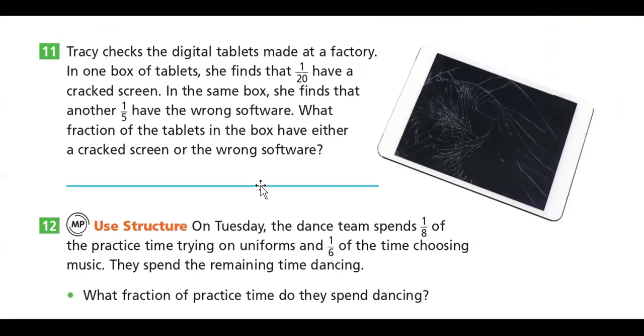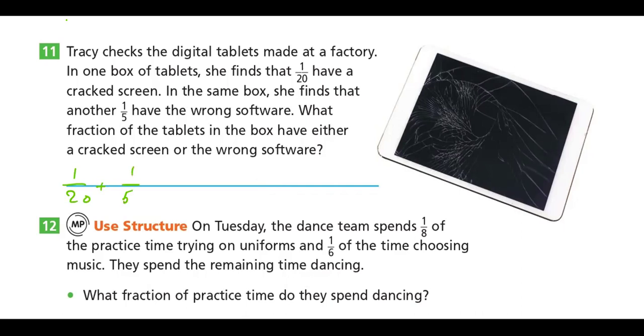Tracy checks the digital tablets made at the factory in one box of tablets. She finds that 1 over 20 have a cracked screen in the same box. She finds that another 1 over 5 have the wrong software. What fraction of the tablets in the box have either a cracked screen or wrong software? So in this activity, we have to add these two fractions, 1 over 20,